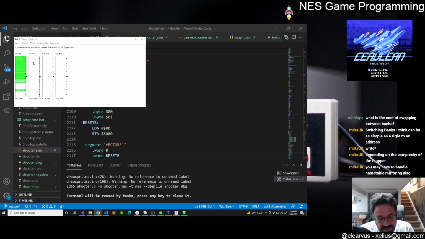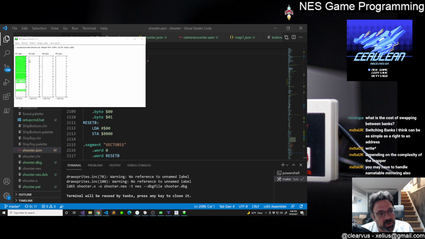I wish I had a concrete example, but I'm pretty sure Nathan Tolbert said that he had a bug with that, maybe with Halcyon, where it was trying to call something in another bank without swapping to the other bank. I could be making that up, but it's a problem, because the address is whatever the address is, but the subroutine is in the other bank, so you're just calling into random data essentially. That's why